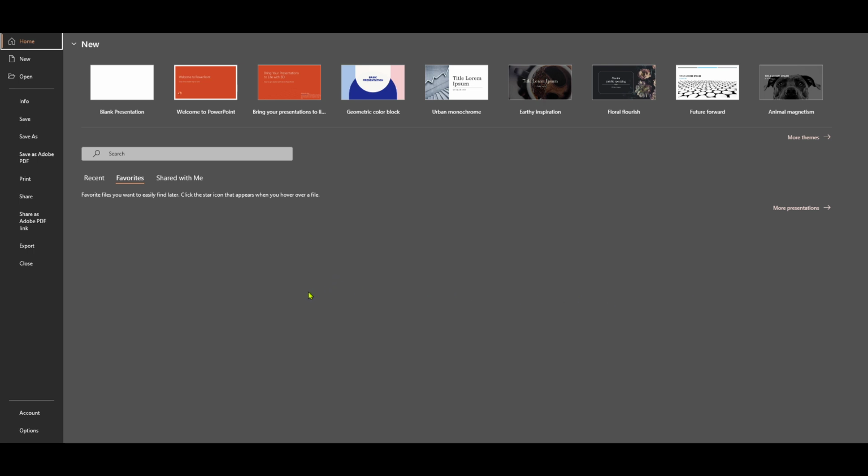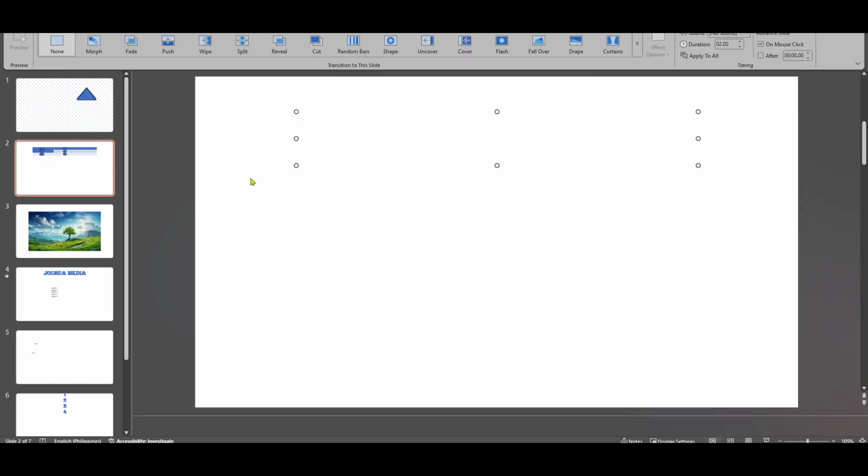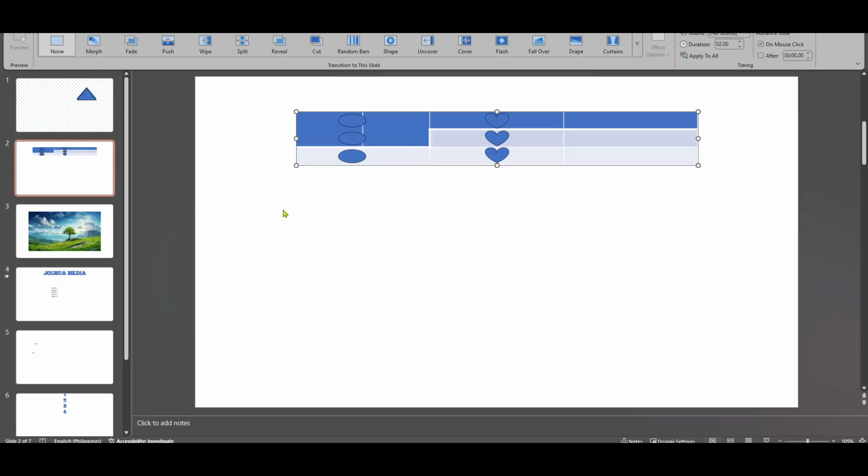Now that you're in your presentation, look towards the top of your screen for the menu bar. You'll see several tabs, but the one we're interested in today is the Transitions tab. Click on this tab. This section is essentially the gateway to customizing how your slides will transition from one to the next. Here you have a variety of options to choose from, such as fades, wipes, and more. Each provides a unique way to move between slides, and you can select according to your preference or the tone